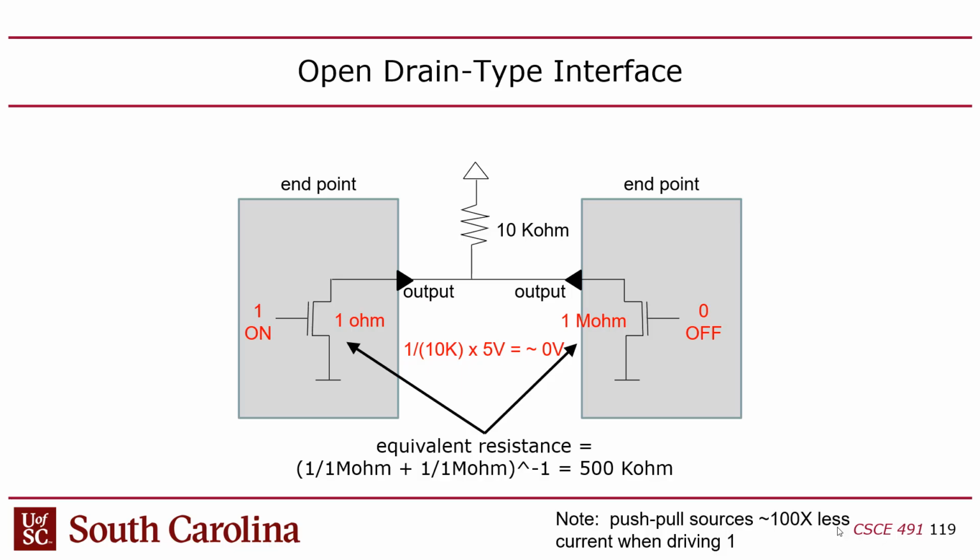But you'll still have that resistor here up to VDD, which will limit the amount of current that flows down through that resistor and down through this transistor, right? So in this example,